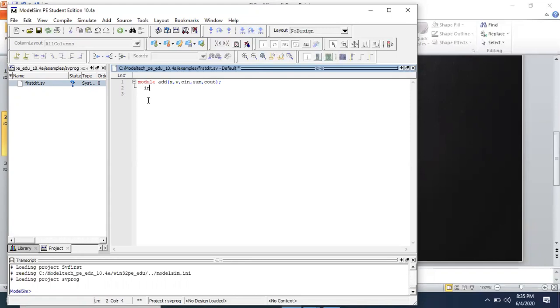Then we'll write the input, and the data type we'll use is logic. Here there is a difference between Verilog and SystemVerilog. In SystemVerilog, we use the data type logic. Internally, it will take it as a register or wire depending on the use of that particular variable, so no need to consider the different data types here.